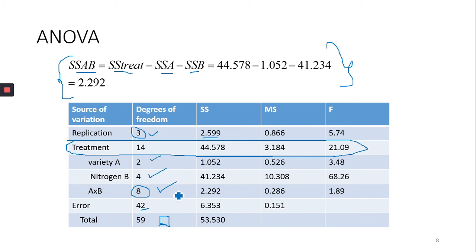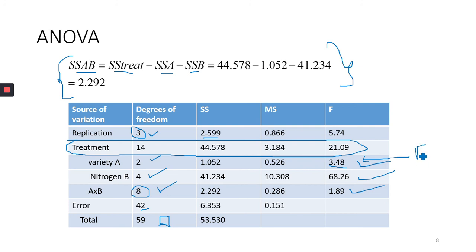Now, this analysis of variance is key for testing 3 hypotheses. As you can see here, I have F for interaction, F for nitrogen, F for variety. So we want to see if the different varieties produce the same yield on average. That is our null hypothesis, versus at least one variety differs from the rest of the varieties. So we use this, and take note that we compare this value here, this F cal, we compare it with